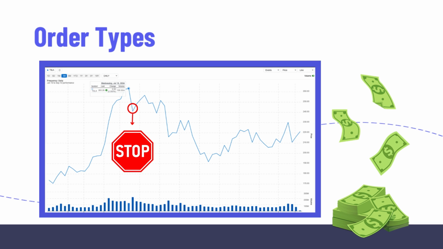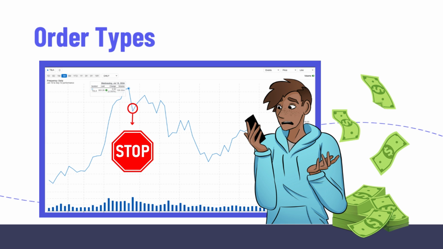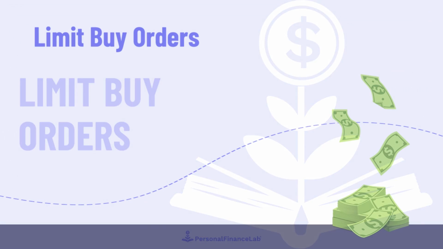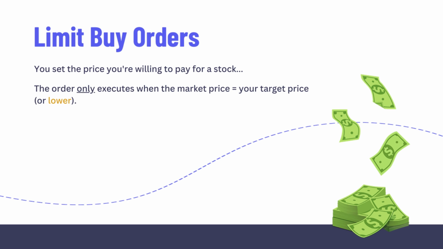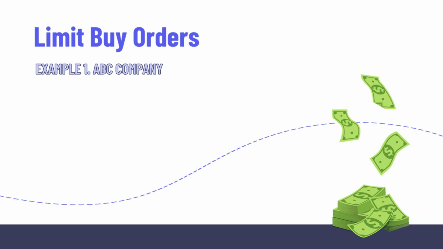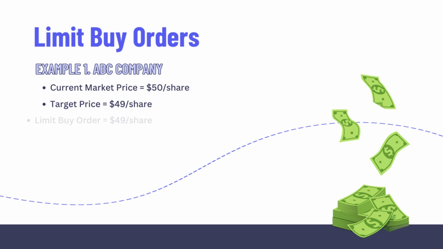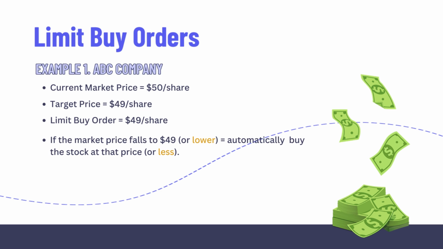are met. That way, you don't need to be sitting in front of your computer monitoring your stock prices all day long. With a limit buy order, you set the price you're willing to pay for a stock, and your order will only execute when the market price reaches that price or lower. For example, if you think stock ABC is too expensive at $50 and you only want to pay $49 for it, you can place a limit buy order at $49. If the ABC stock price falls to $49 or lower, your order will automatically buy the stock at that price